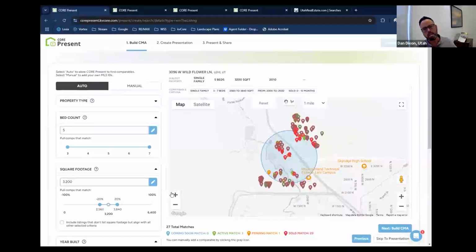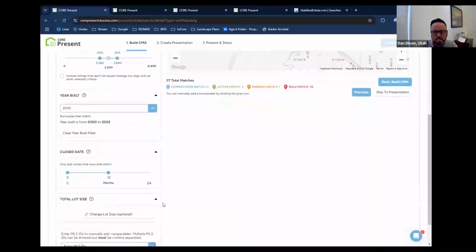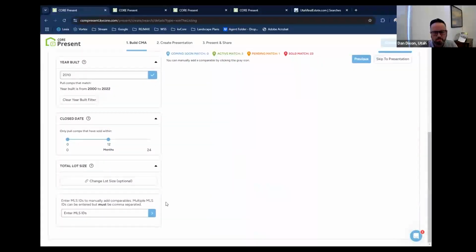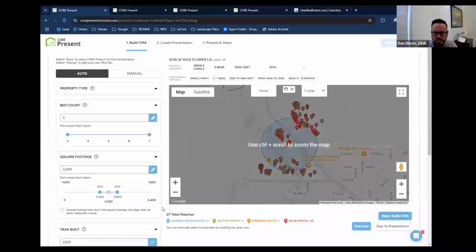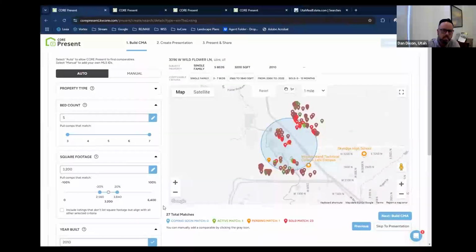Now, Core Present has some limitations, and one of the things we found some challenges on is that it wasn't catching all of the sold comps around the area for some reason. Aaron probably could talk more intelligently about it. But sometimes it wouldn't catch it. And so I think it's important to also do a CMA on the MLS and then compare it to what you have here. So this is the pretty picture that your client's going to like. I think the MLS is where the scientific data comes from.